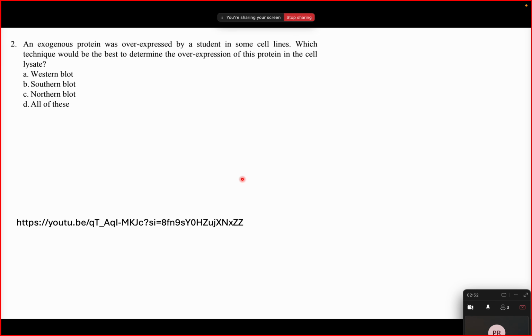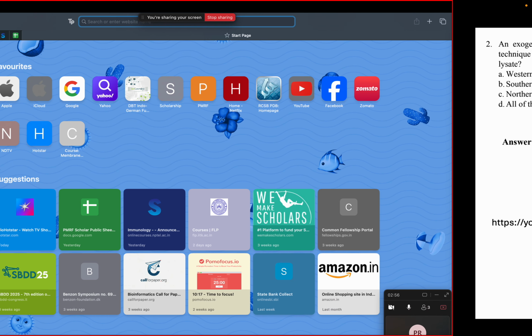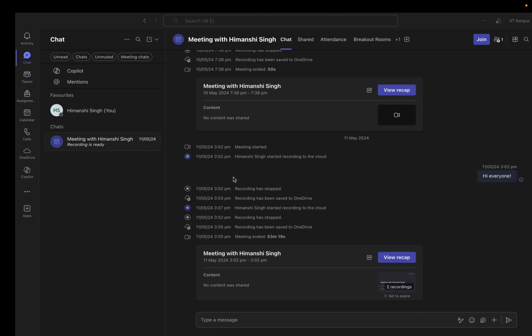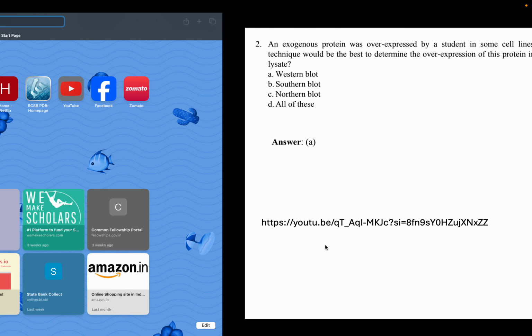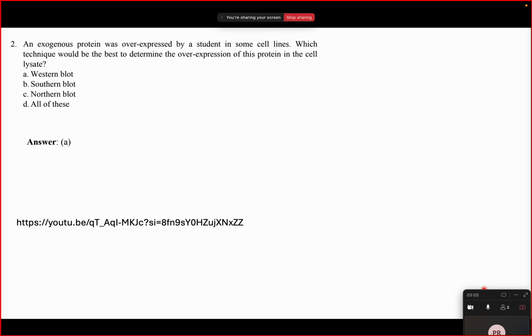Your 1 minute is over and the right answer is Western blot. How many of you gave the answer? Great. Yeah, so I'm assuming most of you guys have at least done it once in your